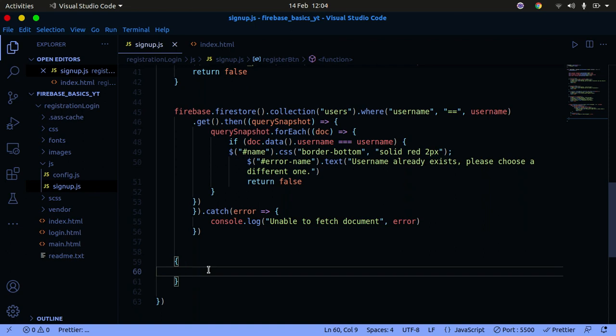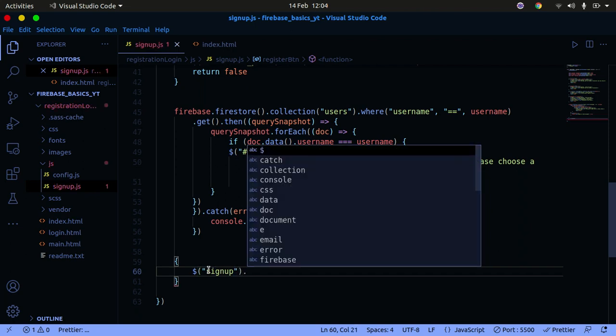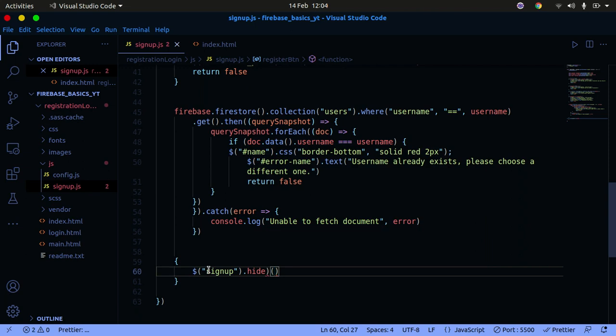So that's what we're going to do. First of all, to add the user database, let me undo that and say that the sign up button, we're going to disable it. So we're going to hide it, in case the person simply goes ahead and clicks the registration button, we're going to hide the sign up